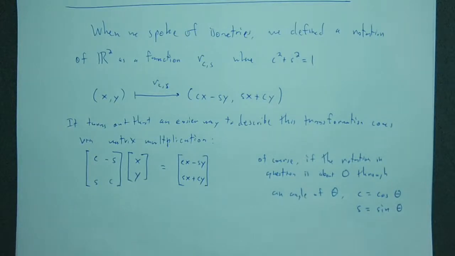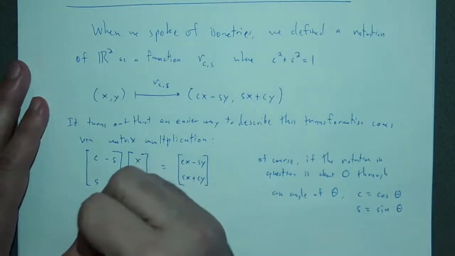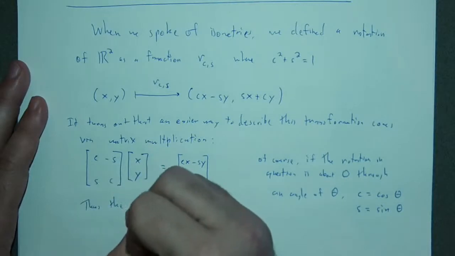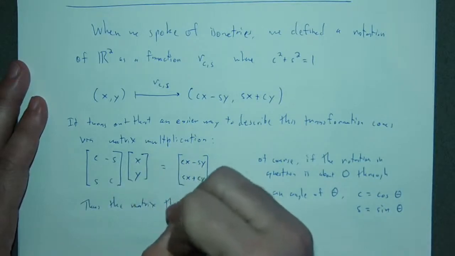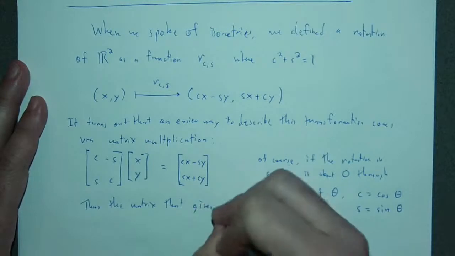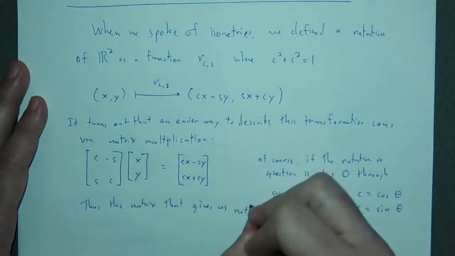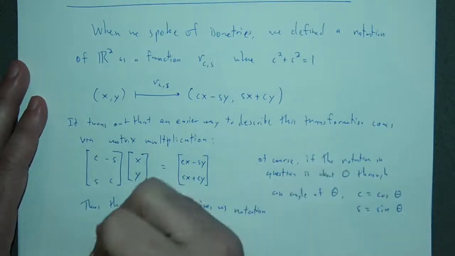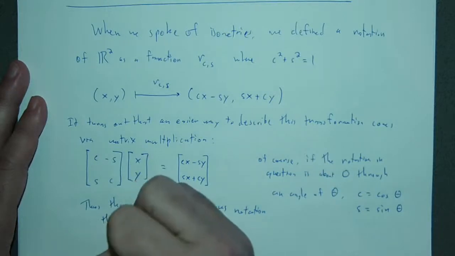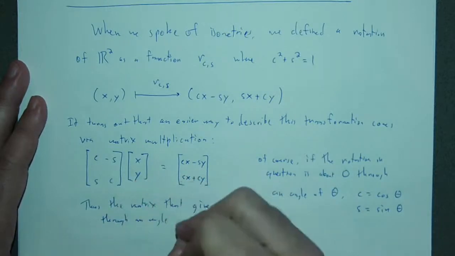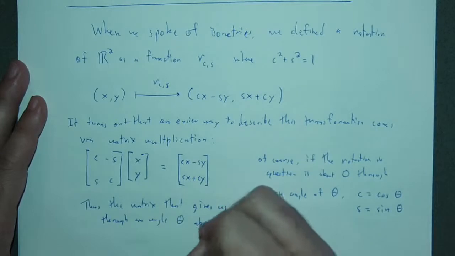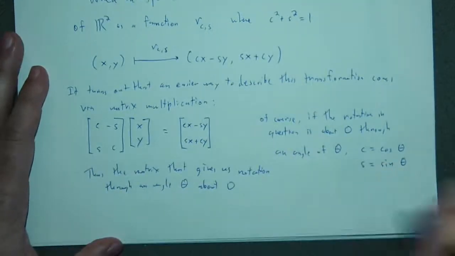Right? Thus, the matrix that gives us rotation through an angle theta about the origin is,